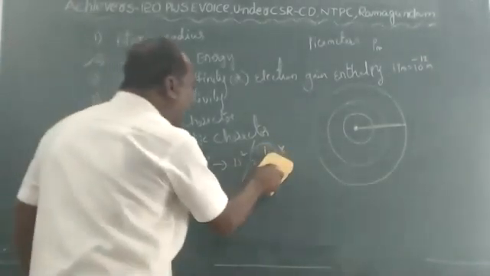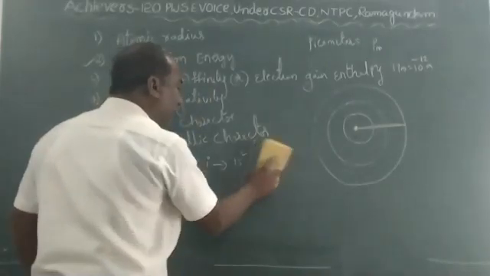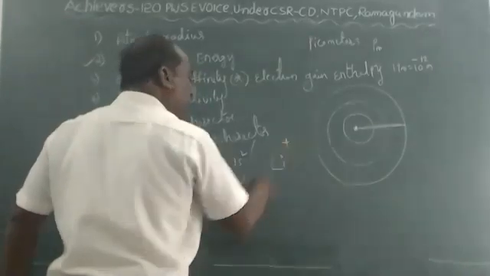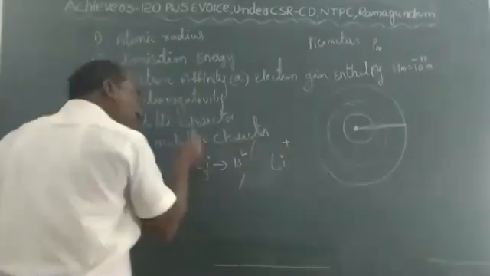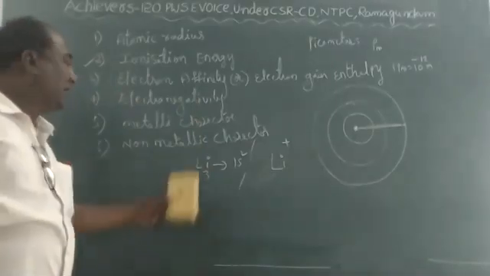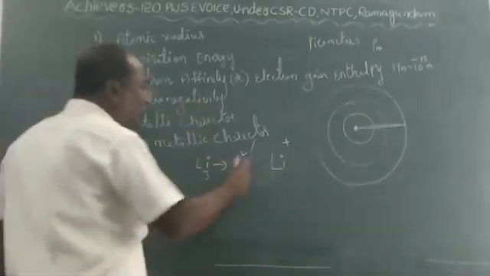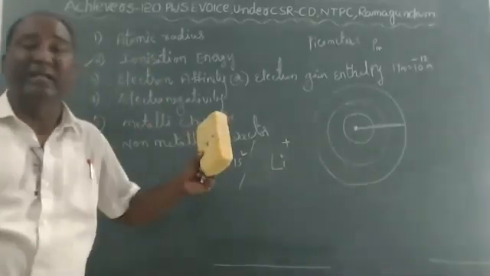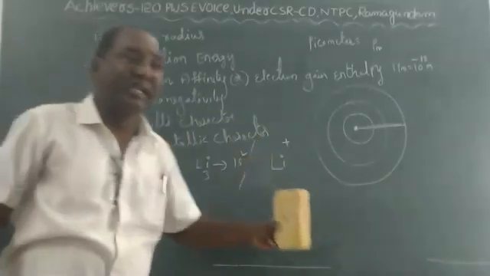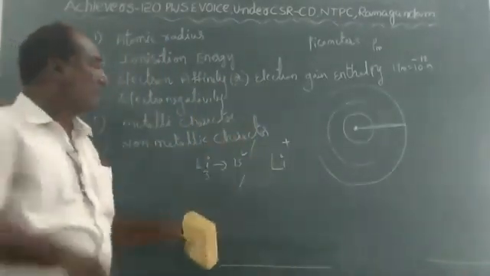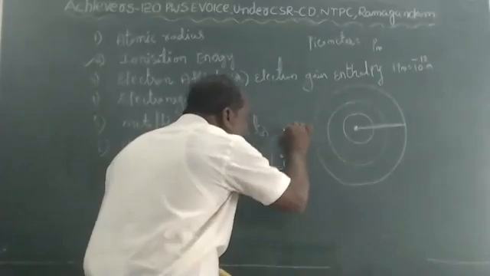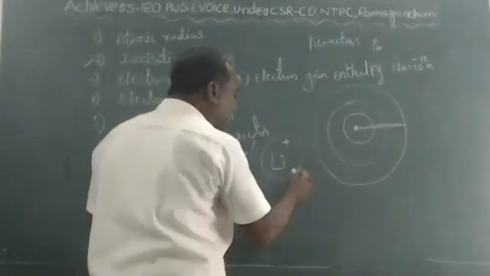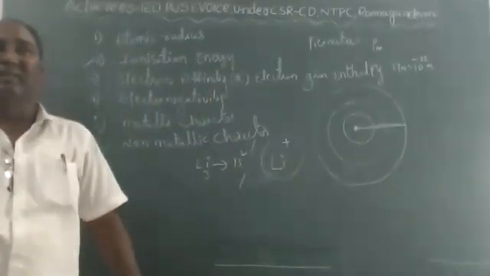Let me show, children. Already one electron is removed. Now lithium becomes a lithium ion, which means it becomes a helium configuration. Then it gets stability. If you try to remove one more electron from this, that is called second ionization energy. The energy required to remove one electron from a uni-positive ion. If you want to remove the electron from this, how much energy is required? That is called second ionization energy.